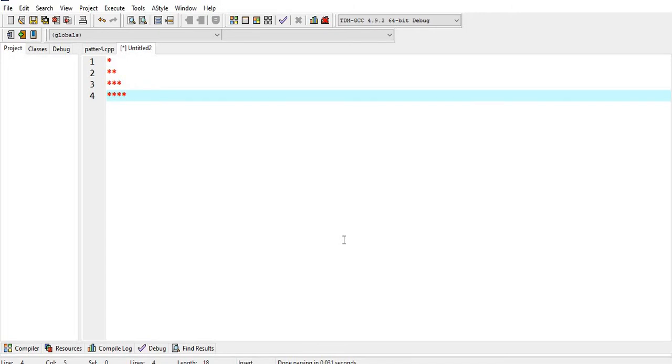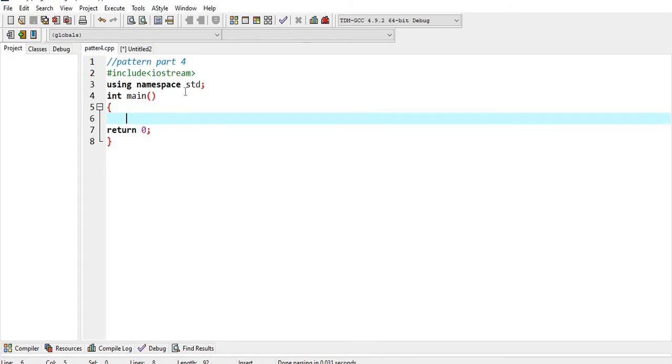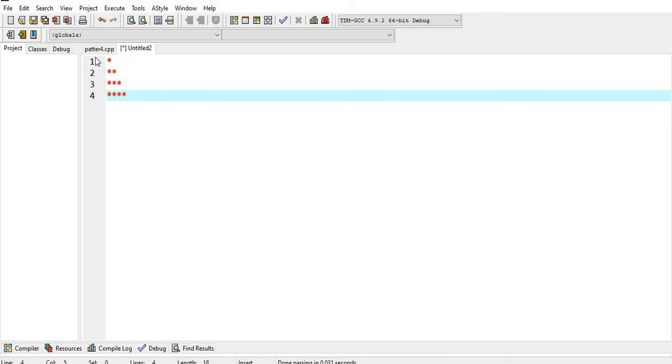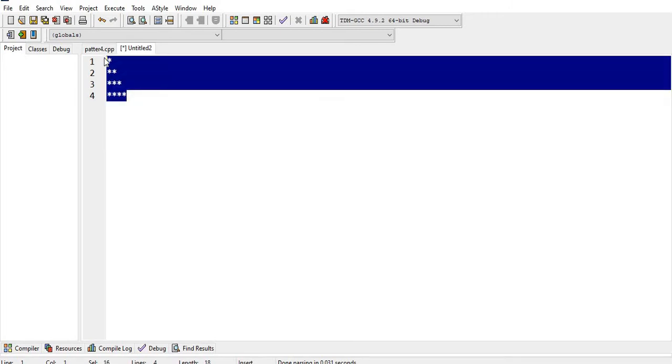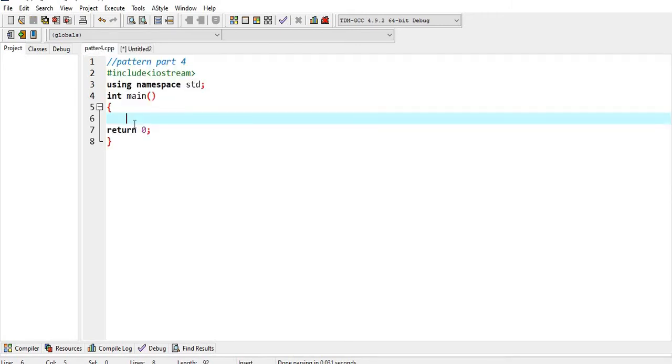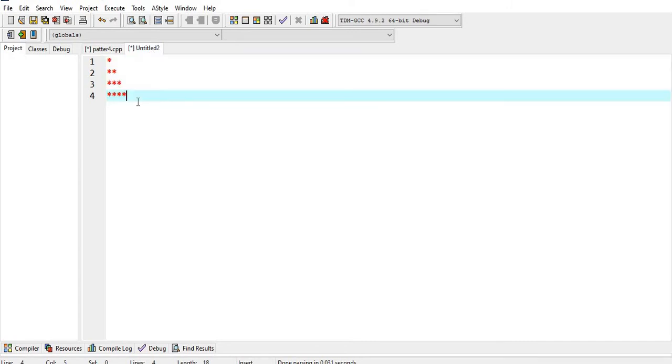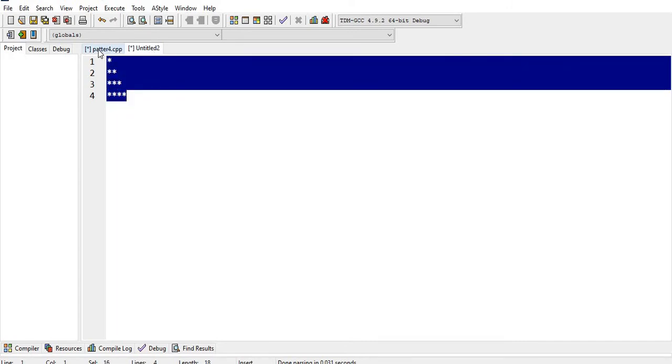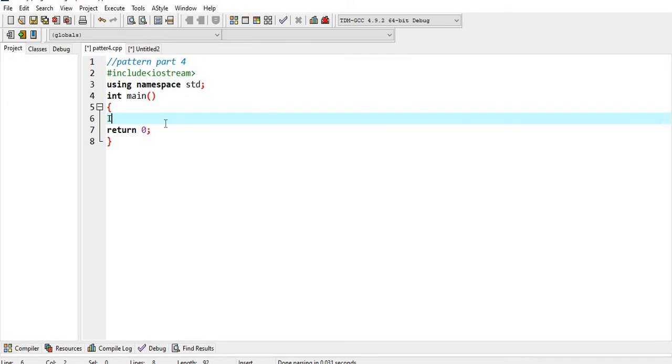We are going to print a simple pattern. Our focus is on custom rows and custom columns entered from the user and the character entered by the user. So the pattern doesn't matter, we only need to focus on the number of rows and columns and how to use these rows and columns and the character entered by the user to print the pattern. So first we need rows and columns from the user.